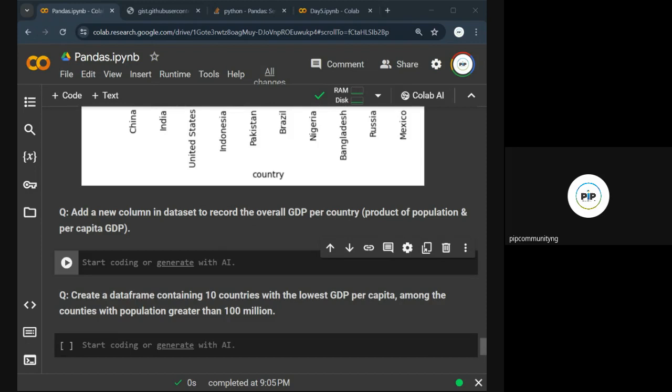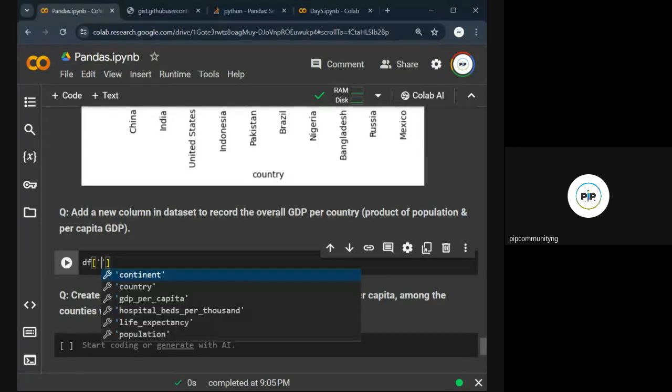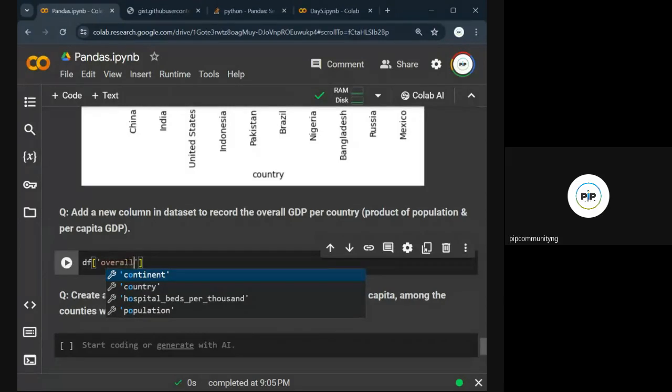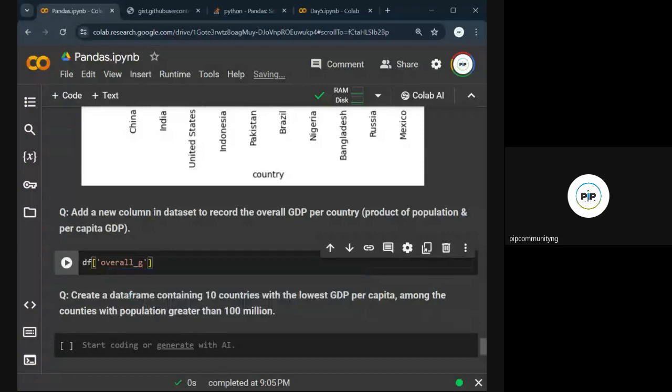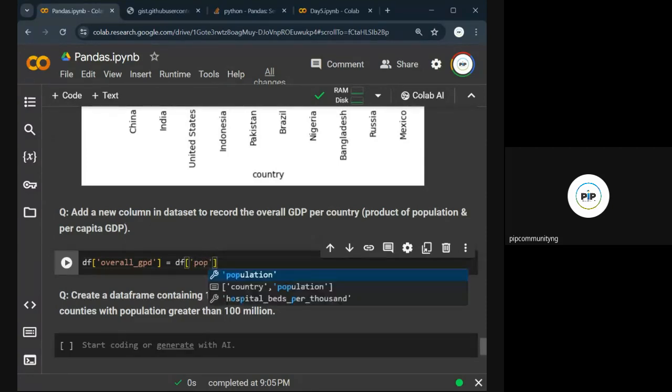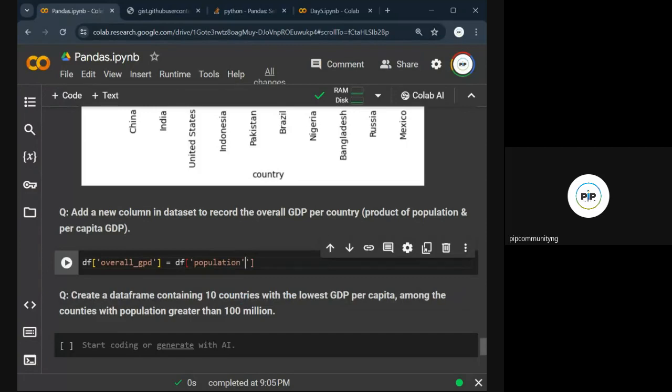So we are going to say, okay, df underscore overall underscore GDP is going to be the product of df population, because that's the product, multiplied